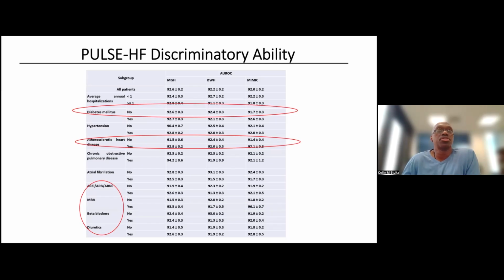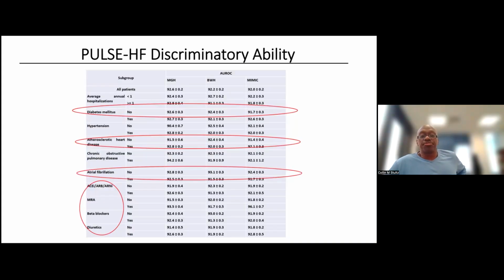So it's hard to argue that the method is necessarily just picking up those who are on meds and those who aren't, because in each of these subgroups, it's the same. Moreover, if you look at patients that have a diagnosis of atrial fibrillation, it's the same. There's always a question about how the model works in the setting of having various arrhythmias, AFib being a prominent arrhythmia that's seen in patients with heart failure. And in those that have a diagnosis of atrial fibrillation, as opposed to those who do not, you see all of the discriminatory abilities preserved in both instances.